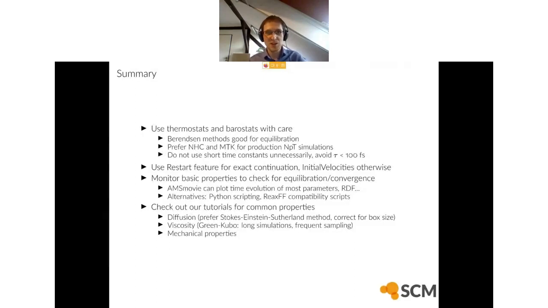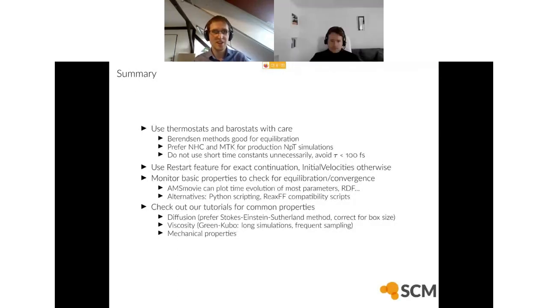When using thermostats and barostats, take care not to pick a wrong setting and disturb your dynamics. The Berendsen barostat methods are very good for equilibrations, less so for productions. So for production, constant pressure simulations, use the NHC and MTK methods. And don't use short time constants unnecessarily. Always make sure that the thermostat is only as strong as you need it to keep the temperature in check, but don't just blindly set it to 100